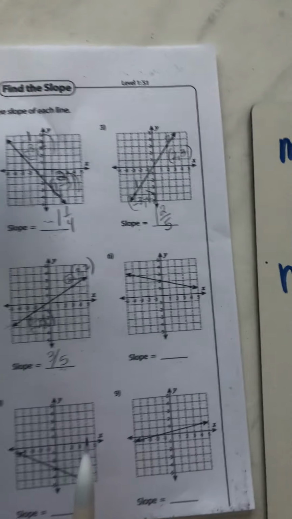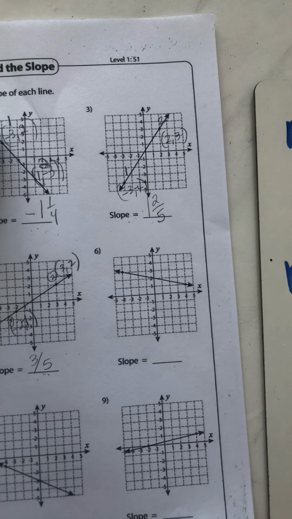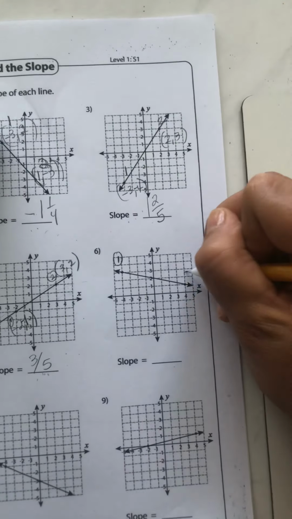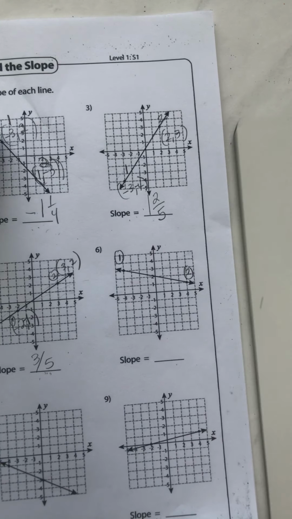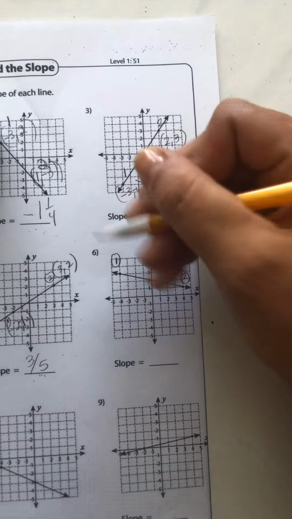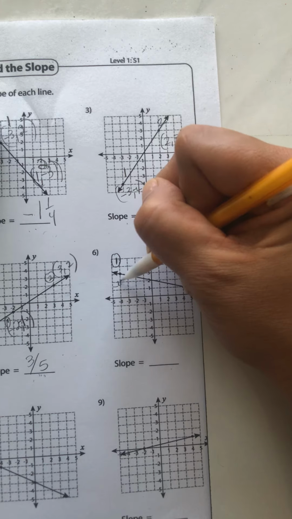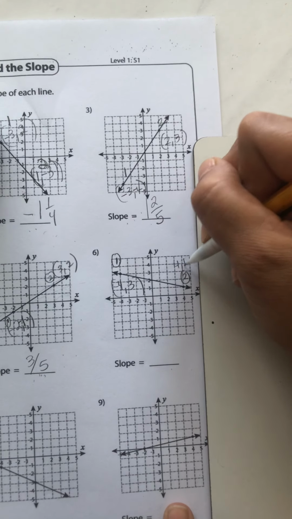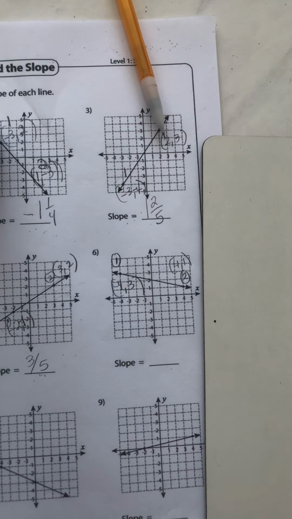If you look at number 6, it is going to be a negative slope because we're going from left to right. So I'm going to call this point 1 and this point 2. You always want to go from left to right. And this one right here is negative 4, 3, and this is 4, 1. So let's fill in